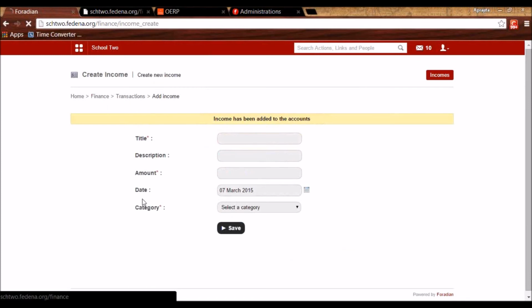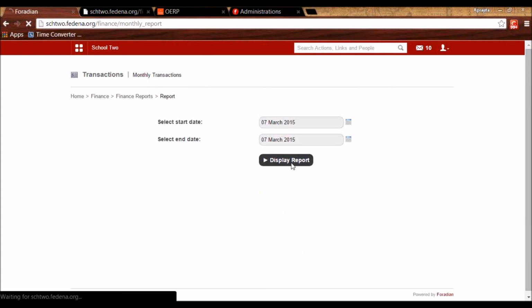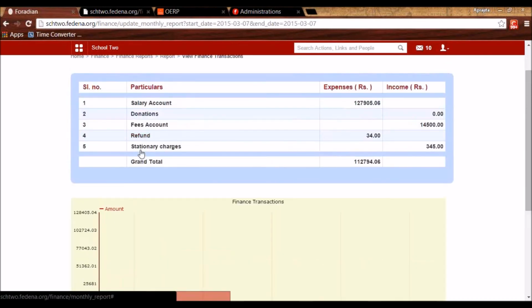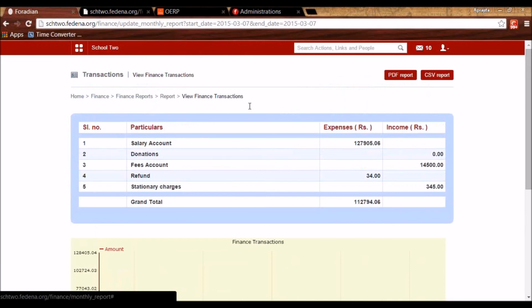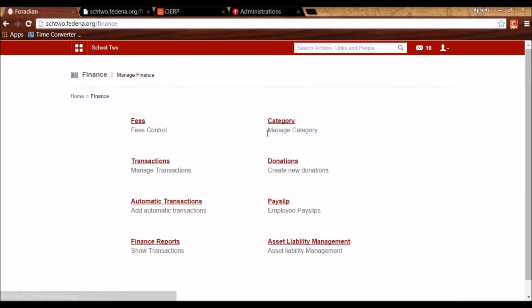And once I've added the transaction and I see the finance report for a particular duration, it will also show the stationery charges and that amount. So this way we can track our own incomes or expenses by making transactions in them.